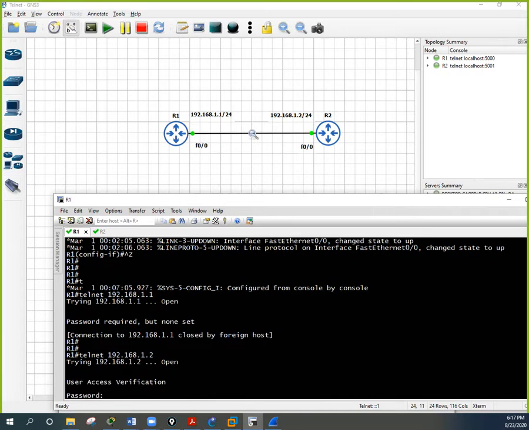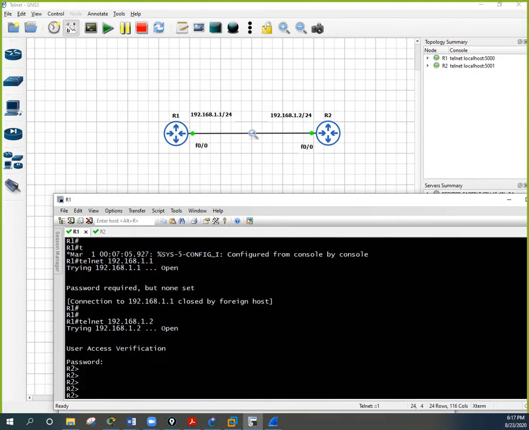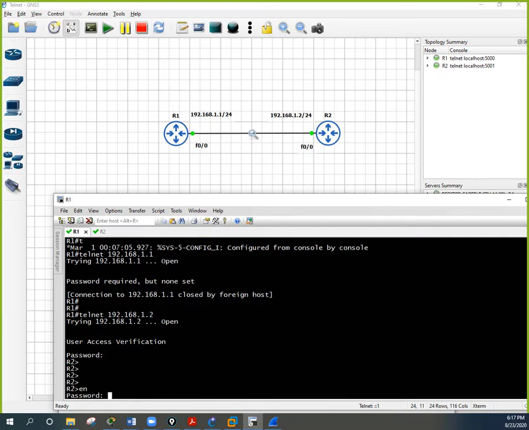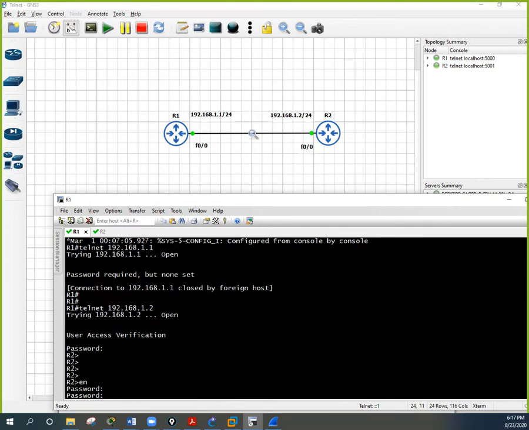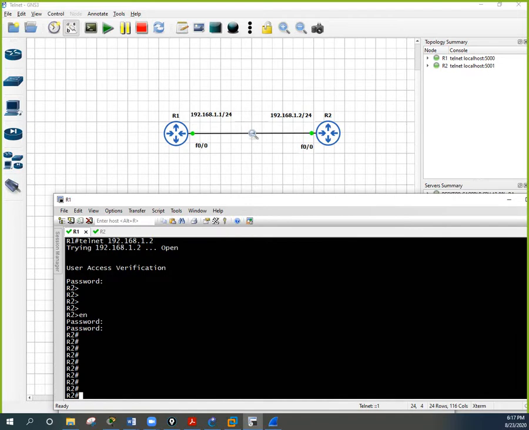He is asking me for a password. What password did we write? I think we wrote Cisco, right? So I am inside. Yes, you are correct, we did not configure telnet for router R1, so that's why I used router R2. Now I am in enable mode. If I write the password as Cisco, or what is the password? I think 12345. So I am inside router R2.